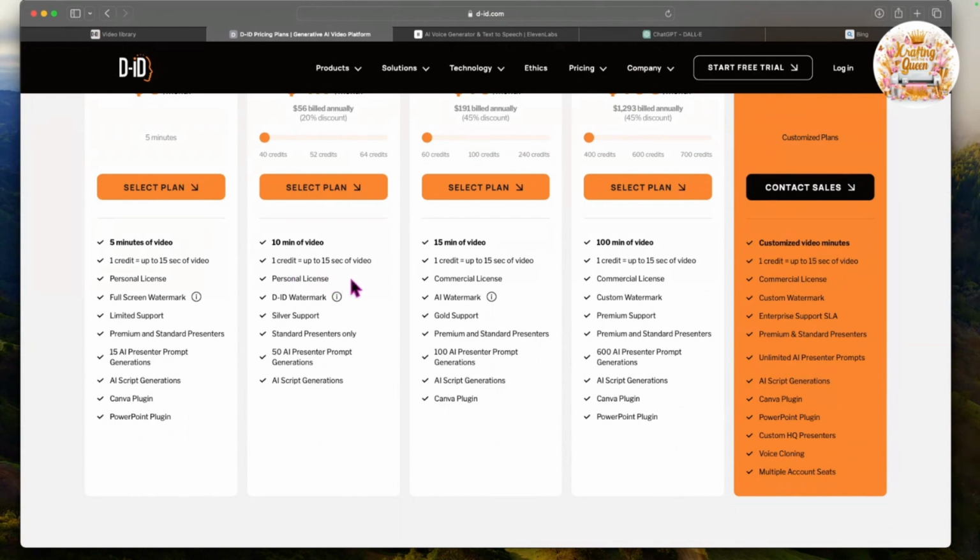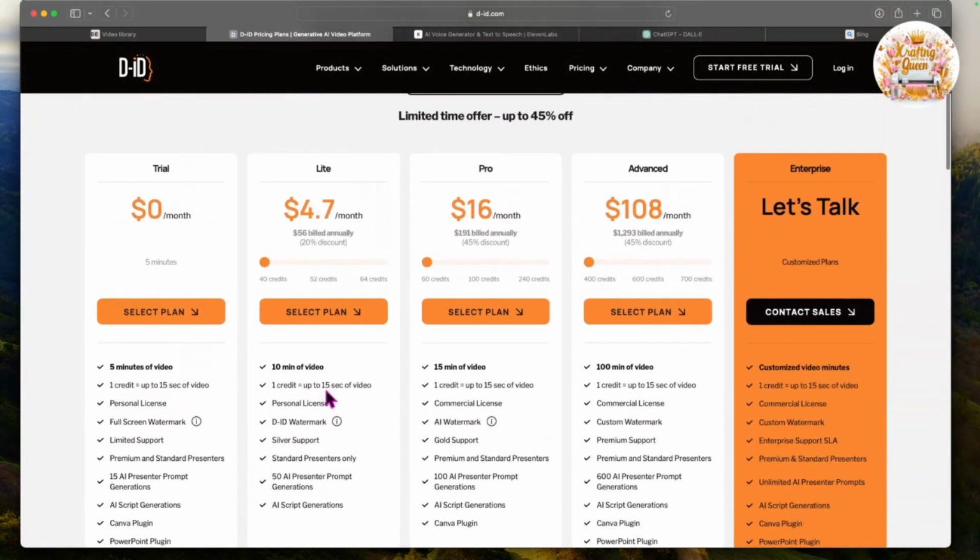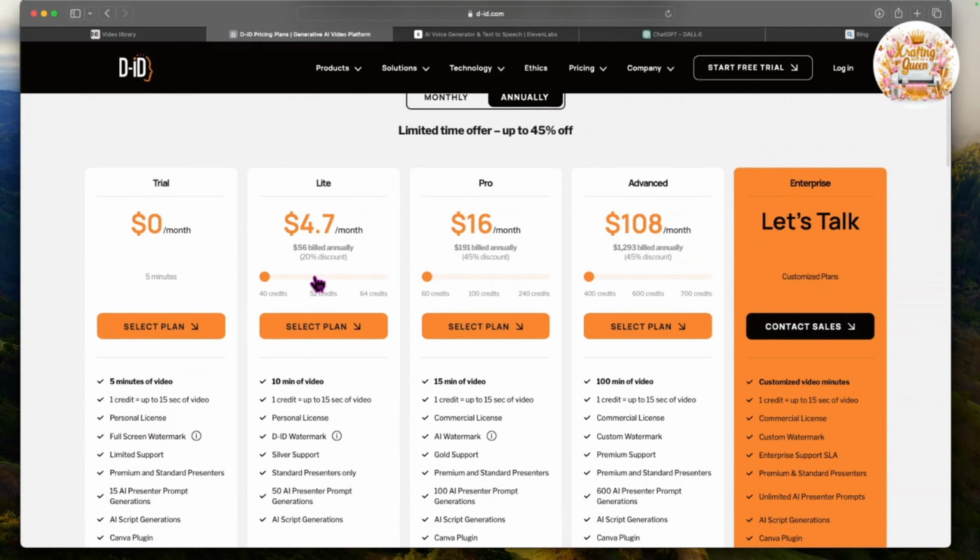1 credit equals up to 15 seconds of the video. I still get the personal license. I get the DID watermark, and that's at the bottom, and you can kind of cover it up with your own logo. I get the silver support, standard. I get the standard presenters only, and then I get 50 AI presenters prompts generated. And I also get the AI script generator as well. So that is what I get